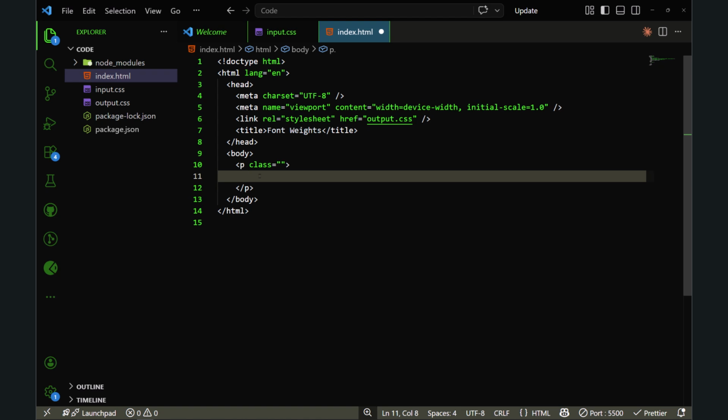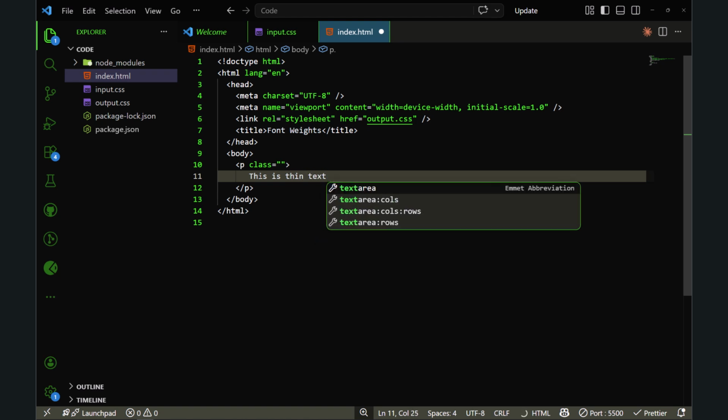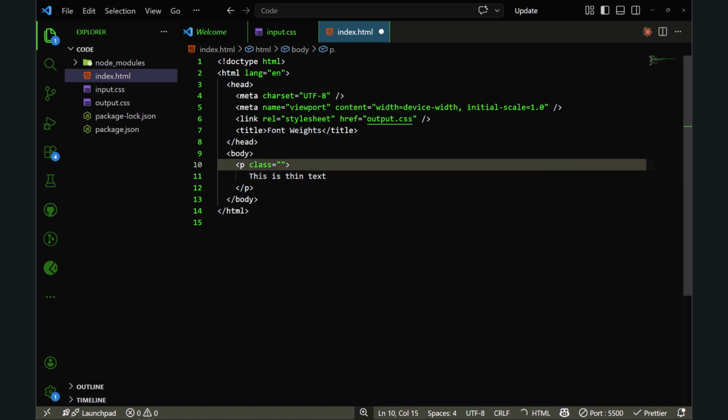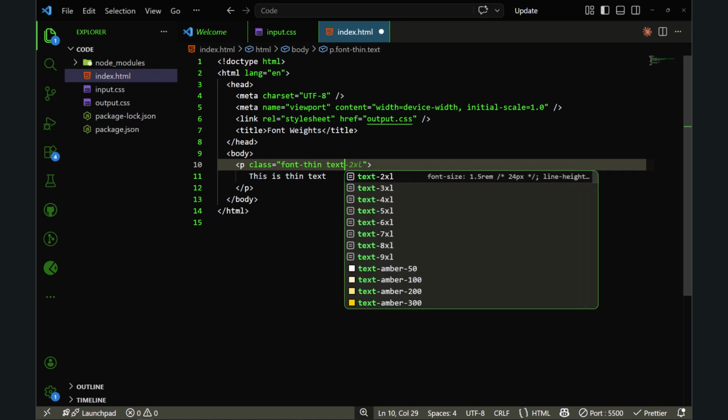Hey developers, so in this video I'm going to talk about different font weights you can use in Tailwind CSS. So let's add a text. This is thin text, and for that we can use font-thin, and let's also make it text-5xl,